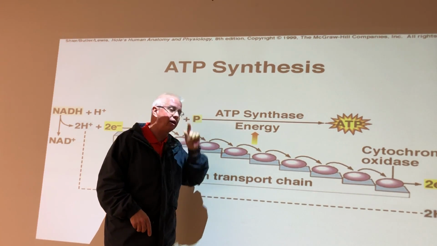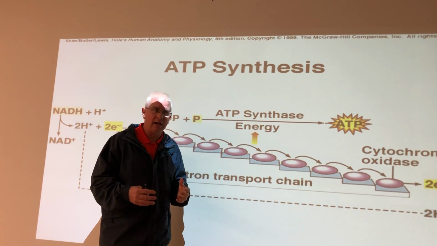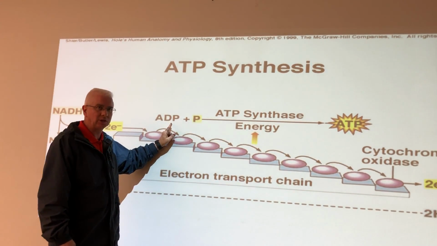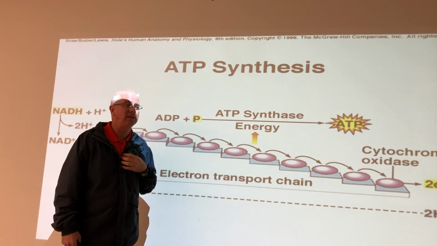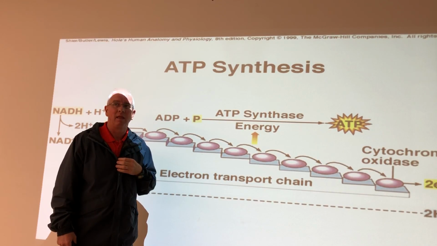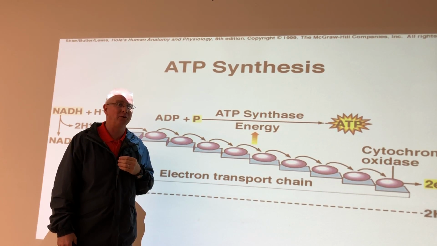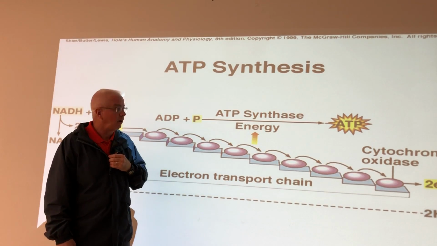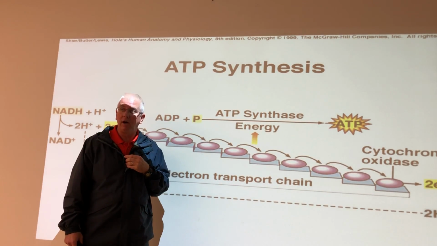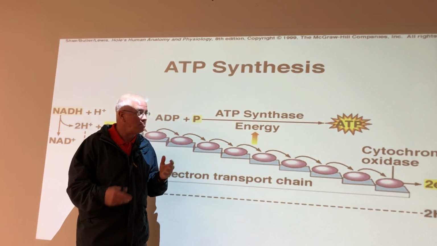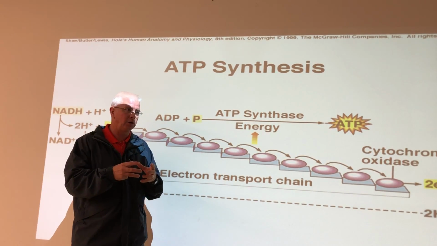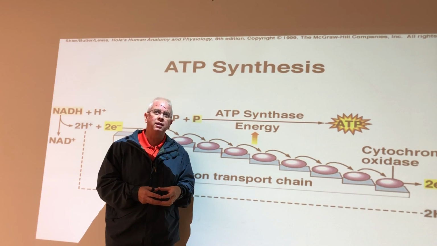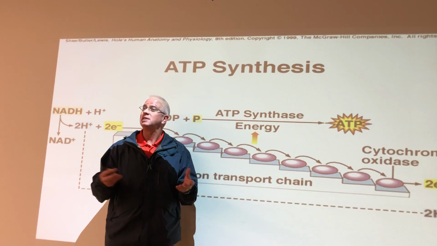And the protein itself catalyzes the phosphorylation of ADP. It makes it happen really fast. But the protein is not happy unless protons are passing through it. Now, I'm not making this stuff up. This is amazing physiology here. There is a protein in the inner membrane of the mitochondria, and it is actually a channel for protons. We've seen proteins